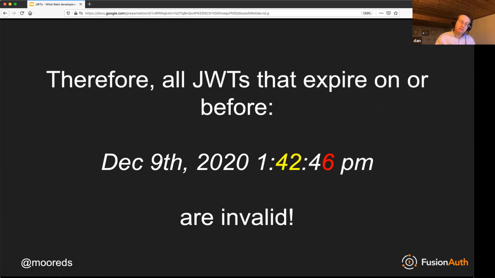That means in the JWT API, we can know that any JWT created before that is now invalid, because at 1:12:47 the user logged out, so we add that 30 minutes and we know those JWTs are invalid.